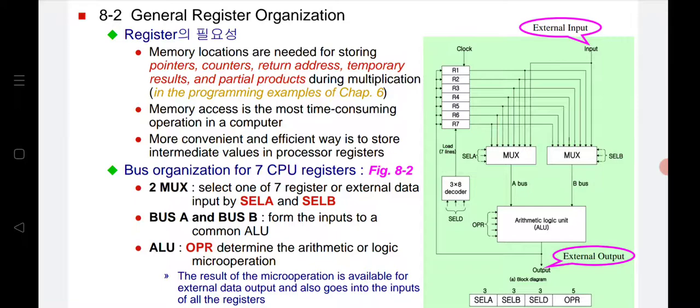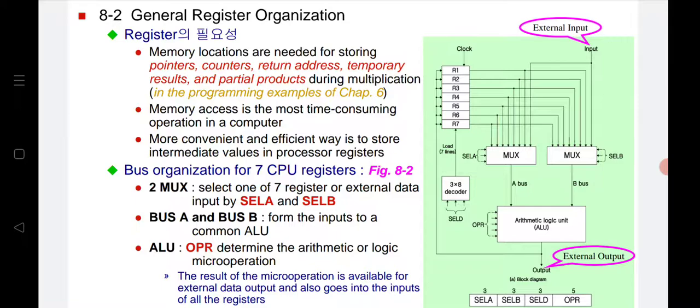Sorry, internally you will generate some carry, overflow, or borrow, or some manipulation. To store those intermediate values, we always use the processor registers. So that is a general explanation about why we require a register and what the use of registers is.